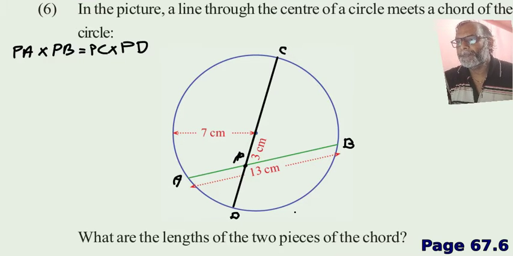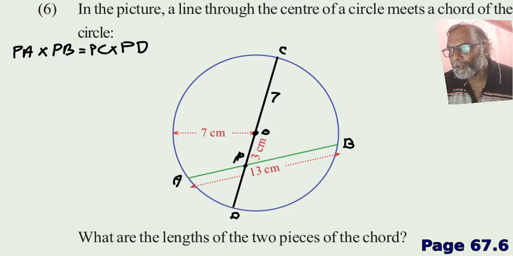Okay, now we are given the 7 centimeter. What is this 7 centimeter? This 7 centimeter is the distance from the center to the circle. That means it is the radius. So we know the radius of the circle because this is the center. Let it be O, the point O. So OC is 7 and this length OD is also 7. If OD is 7 centimeter and OP is 3 centimeter, we can easily find that the length of PD will be 4 centimeter. Okay, so on CD we got the values of two parts.